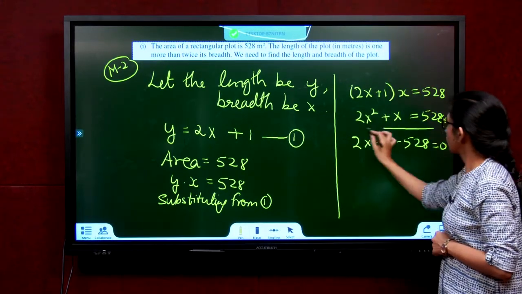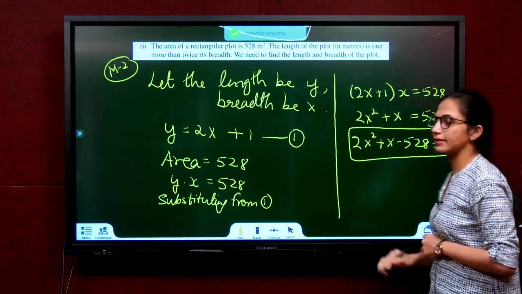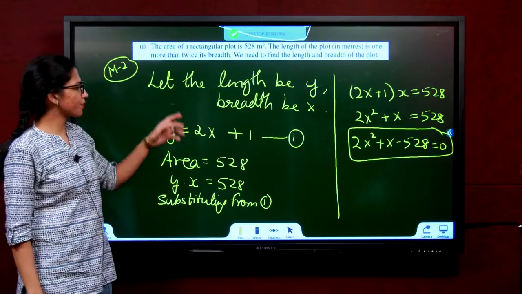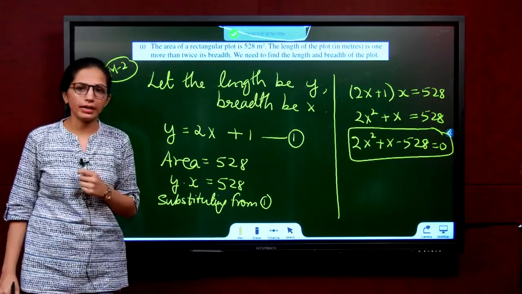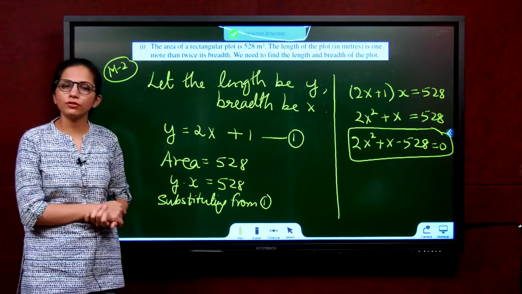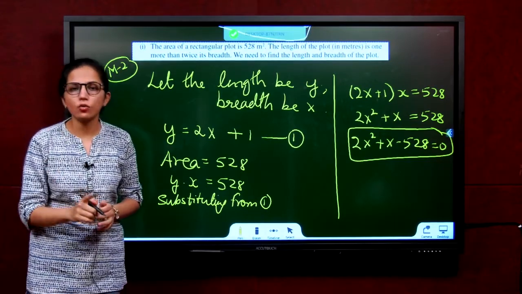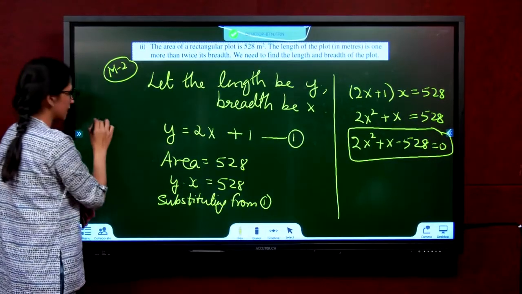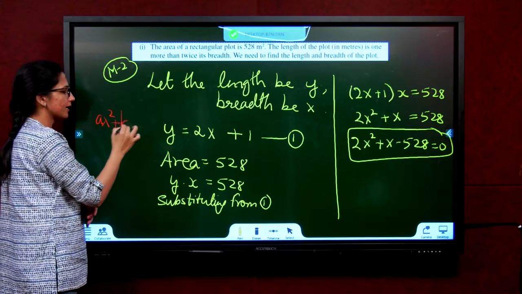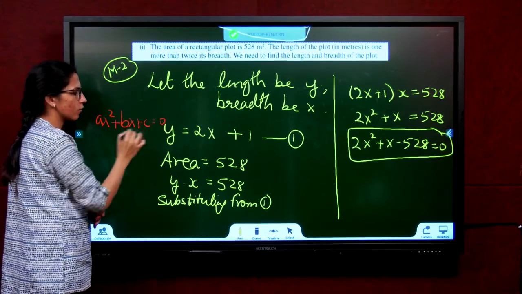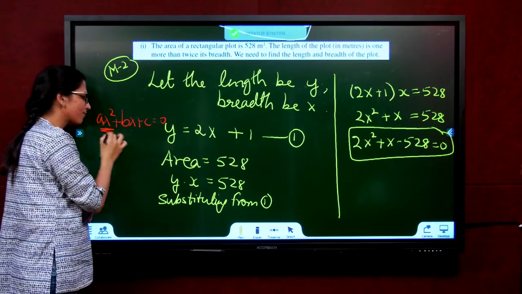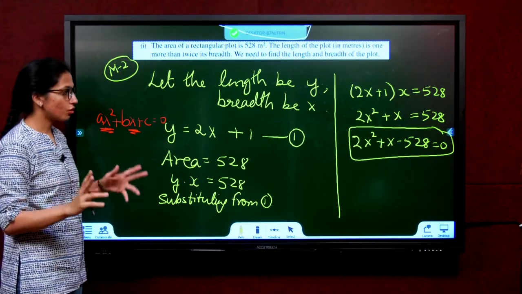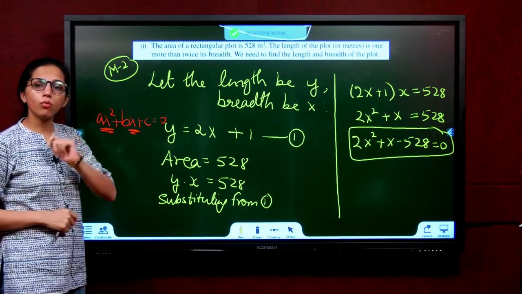This is also valid. It is the same ditto equation that we got in the previous case, but here we used method 2, we used x and y. Now how do we know which method to use? Quadratic equation means, what is quadratic equation? ax square plus bx plus c equals 0. You can see there is only one variable x. Do they have x and y? No. So you should be using only one variable.